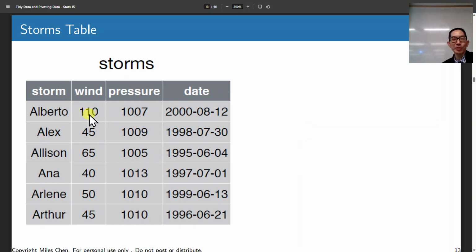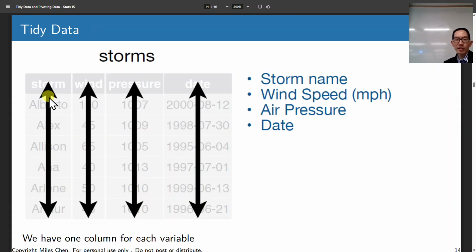And then we measure the wind speed and the pressure and different kinds of things like that. And so each row is an observational unit. The different variables we're keeping track of are the storm, the wind speed, the air pressure, the date of the storm, or I guess the date when it was first recorded, and